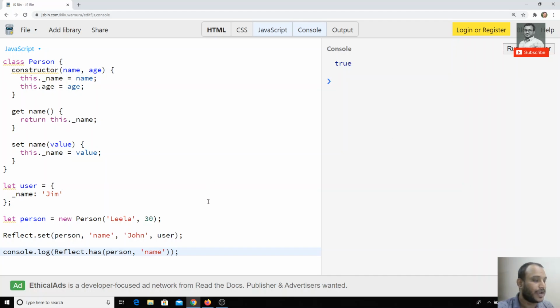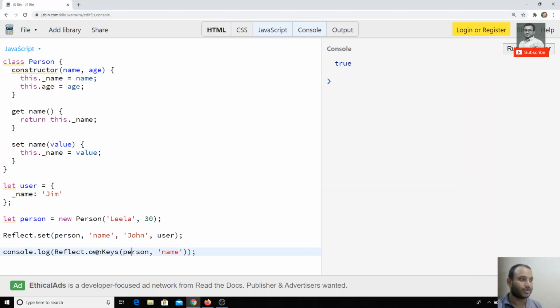Okay, and also the main thing is that this Reflect API is mainly for metaprogramming, not for regular programming. So we need to know the blueprint of the class or whatever the things we need. We will be using this Reflect API. Now if I want to know what all the properties are present in the object, I need to know all the properties present in the object. If I want to know, Reflect has a method something like